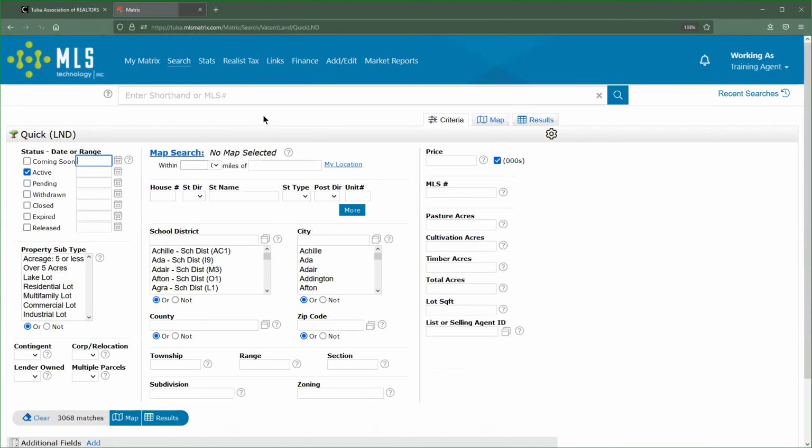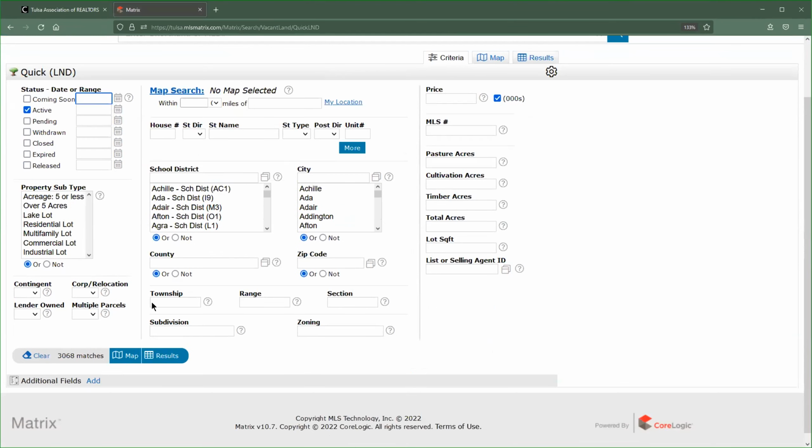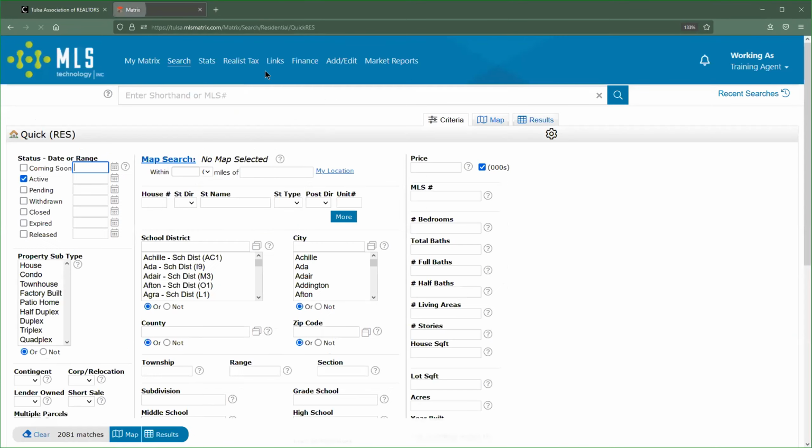So whenever I go to quick land, look at that. Active is the only thing in here. Everything else is empty. No additional fields, no criteria added in anywhere. Active is the only option. So when you land in here, if you're needing to find some comps, or if you want to search for historical information, make sure to check that checkbox over here